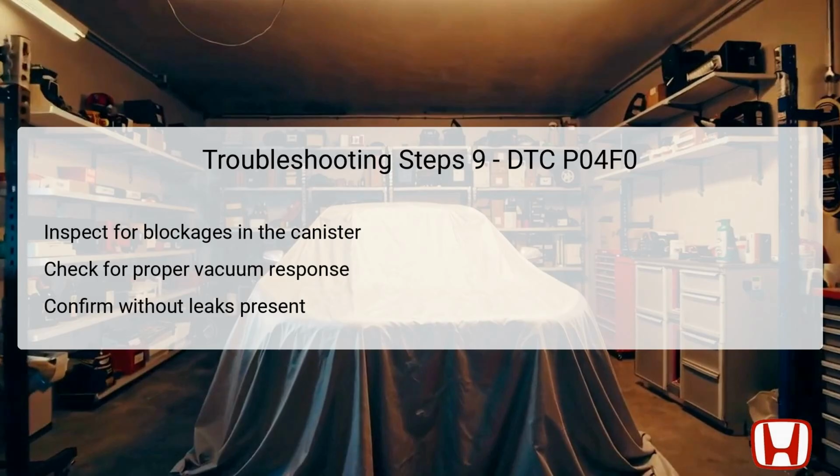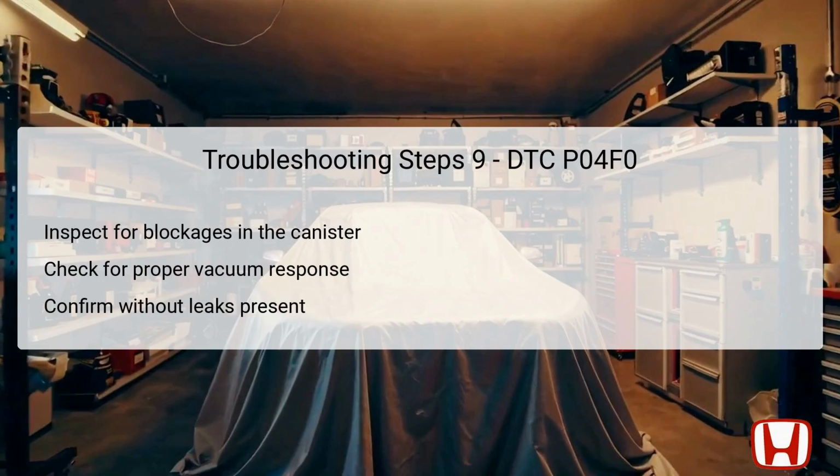The technician should connect the vacuum pump to the appropriate port and apply pressure, checking for a refusal to hold pressure, which would indicate blockage or malfunction. A healthy canister should respond positively, indicating no such blockage or leaks exist in the system. Conclusively determining that the canister can perform its designed function without issue will be paramount in resolving the code